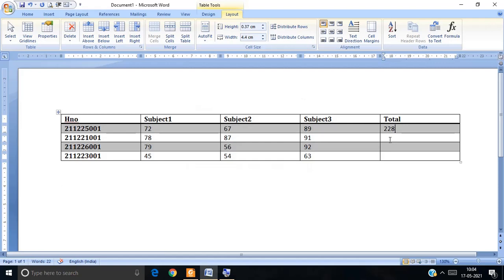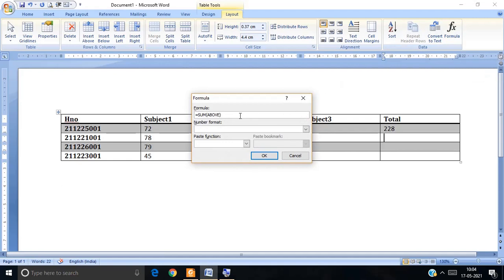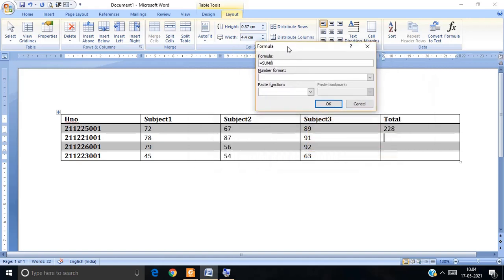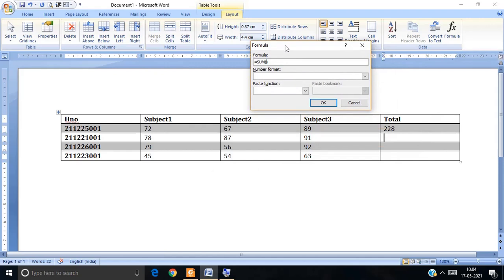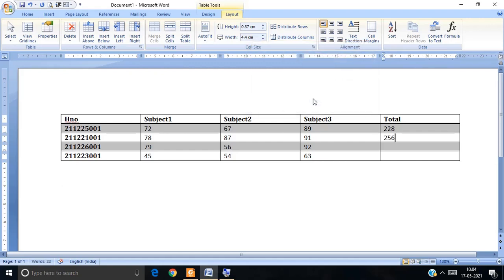So here I am going to select this cell and I am clicking on the formula, then I am giving the values which are already given here. There are no cell names here, because we are not having any cell names. So 78 comma 87 comma 91, then click on OK. Automatically you will get the total value.